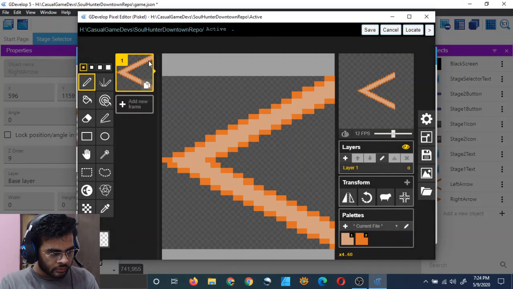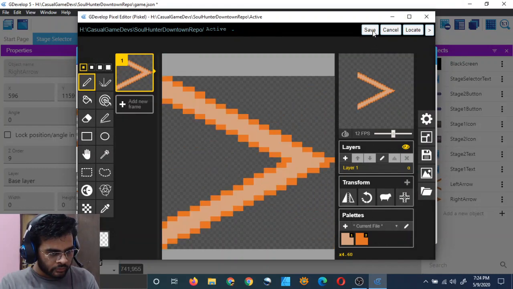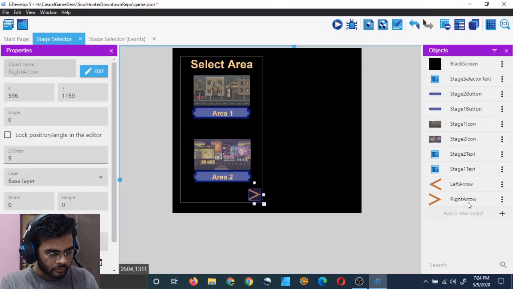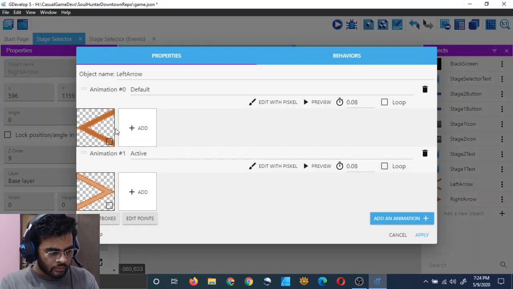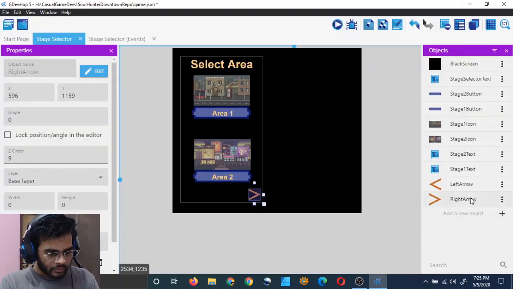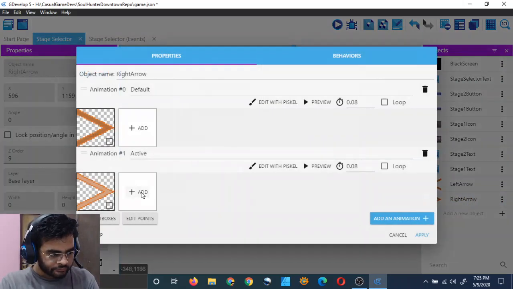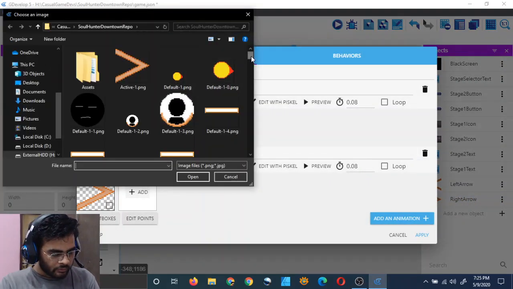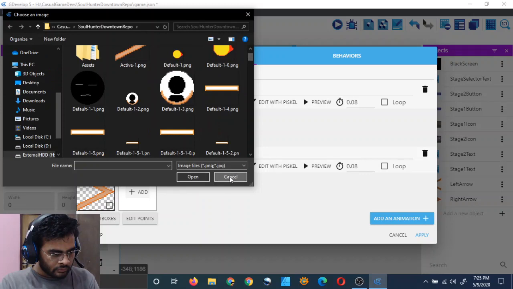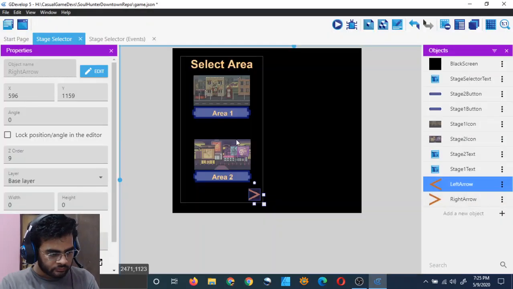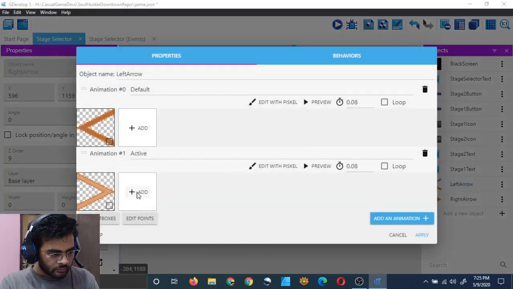Delete this and double click to check. But it's the active one.png. I should have chosen the other one, the default one. Now I will choose it for the left arrow, the default one.